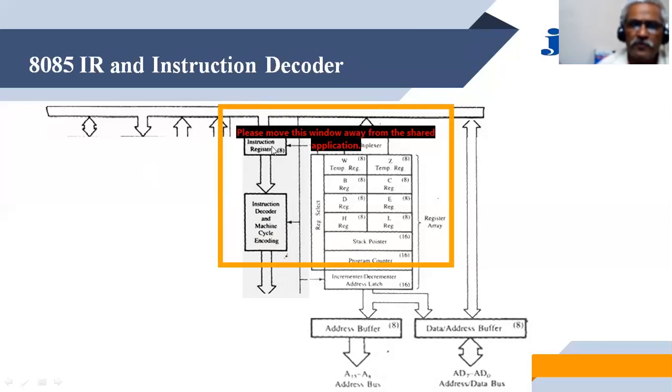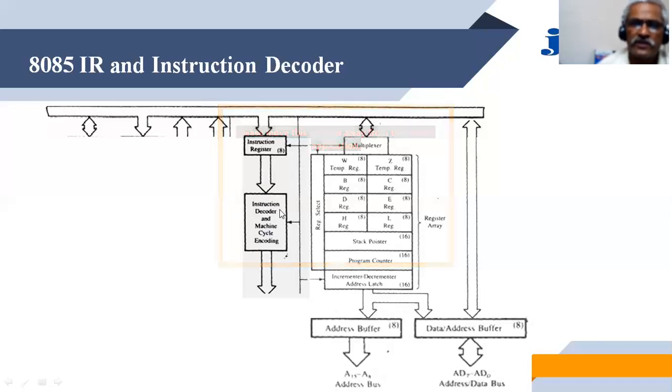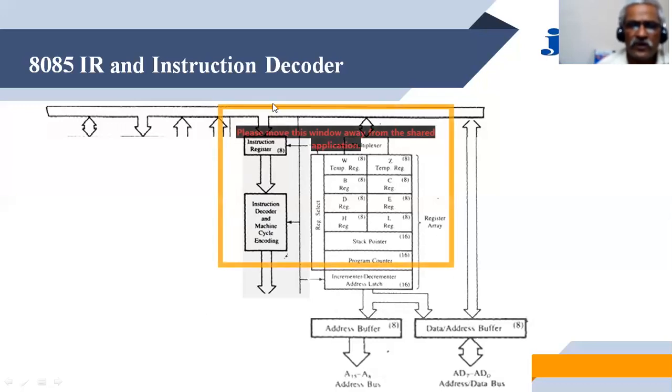And the operation code part of the instruction is then transferred to the instruction decoder. The instruction decoder tries to interpret the meaning, decode that instruction code. And depending upon the instruction decoded, the output is transferred into the further units. So what do we say here, the purpose of the IR, instruction register? Instruction register is simply an 8-bit register which stores an instruction.